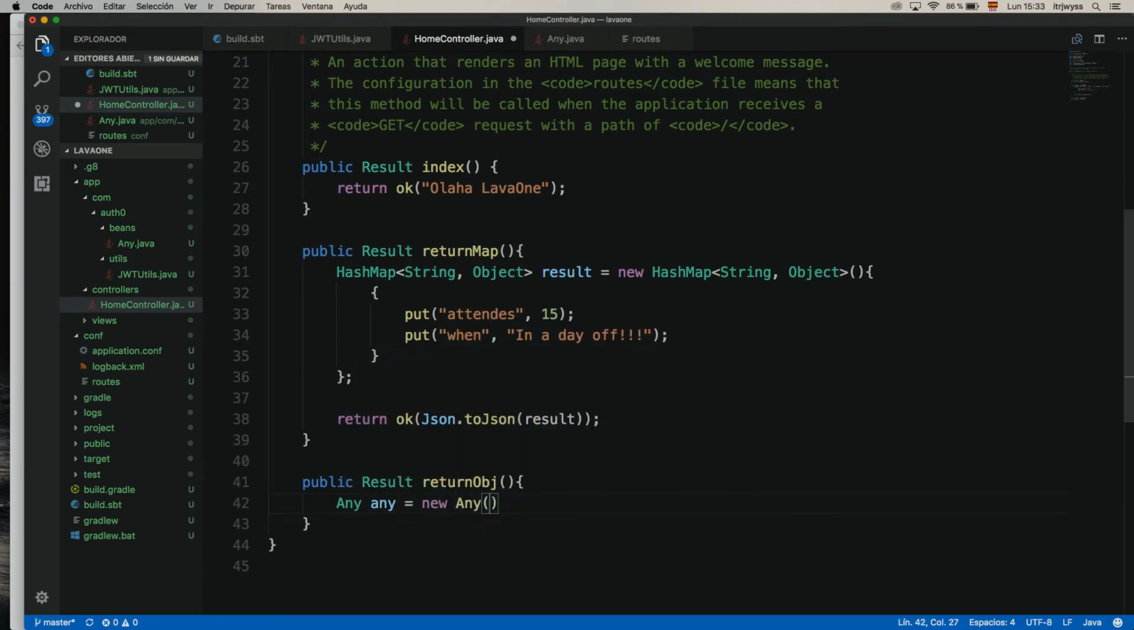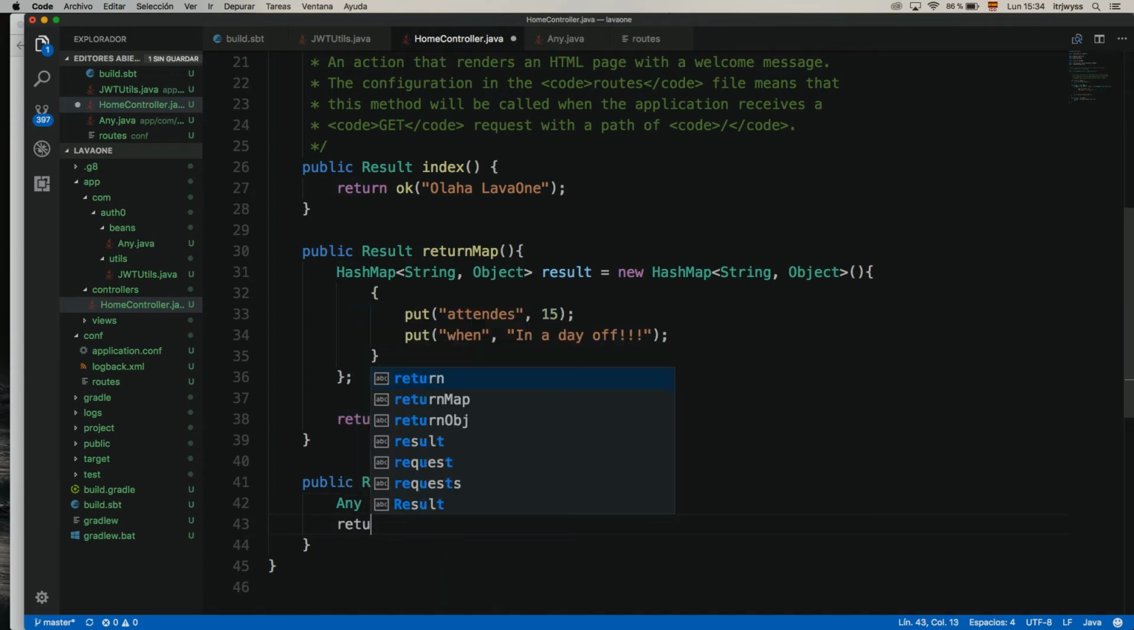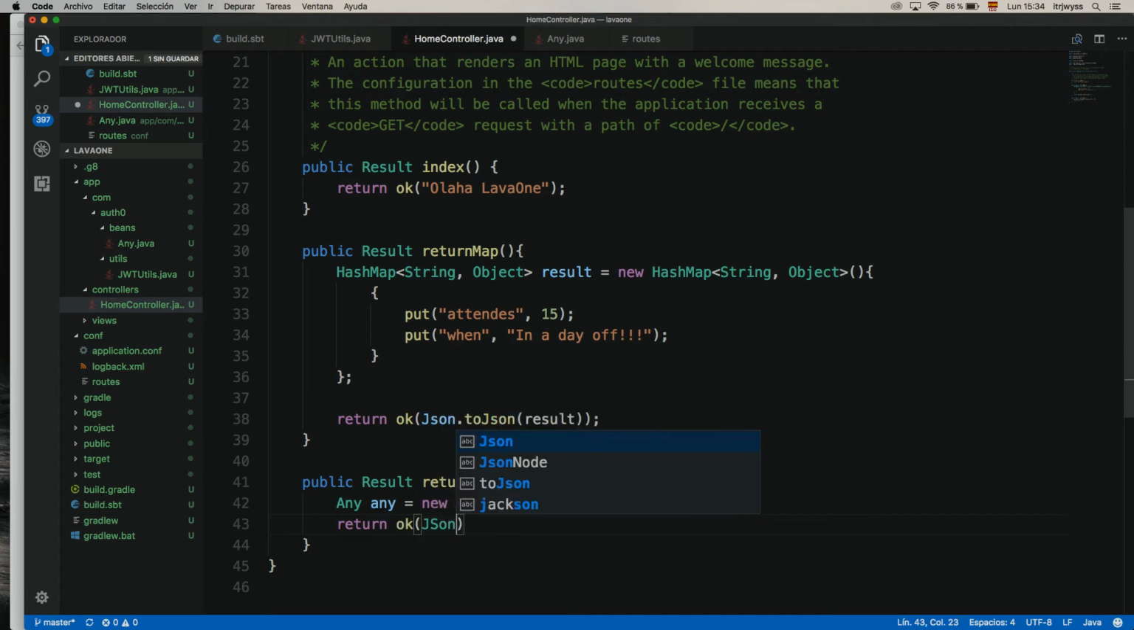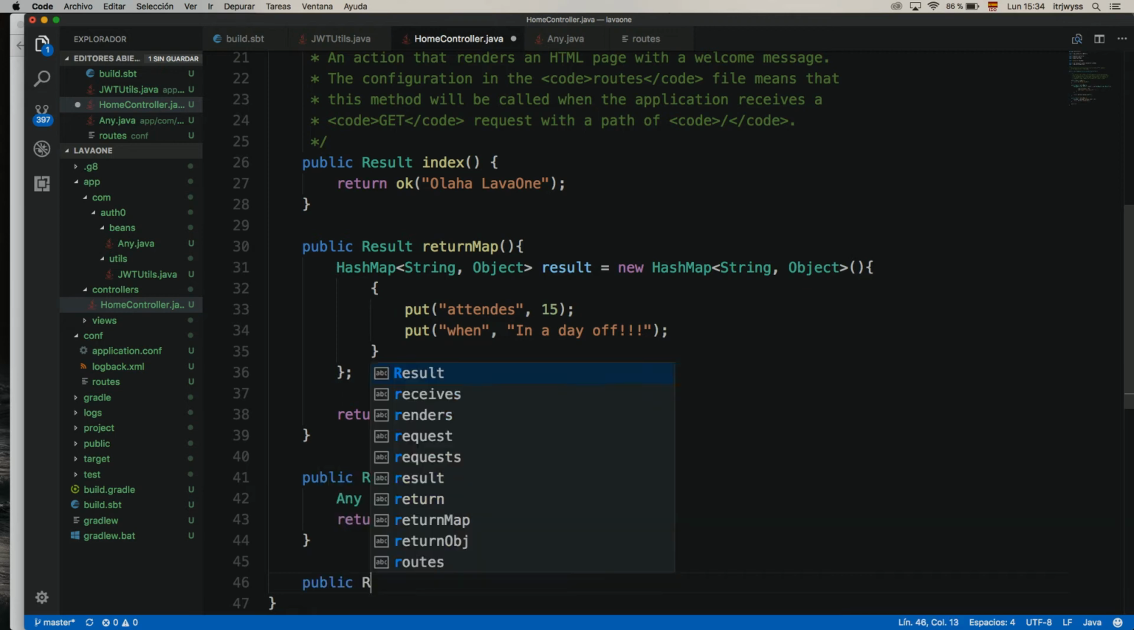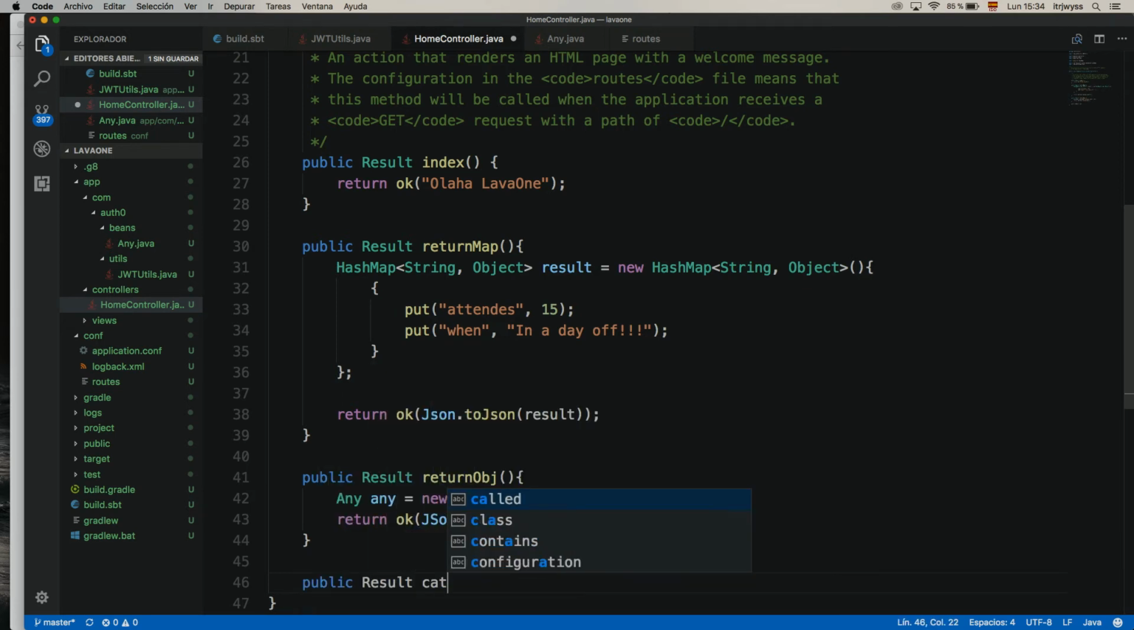and I will send here my number of the event, 1, 2018, and 15. Very good. And now we will have here our return. Okay, Json.toJson, and I will put Any here. And I will create the other one too. It will be public Result catchObject. Okay,